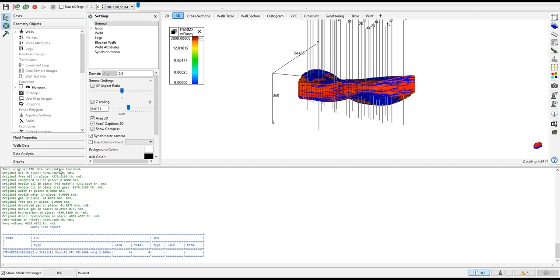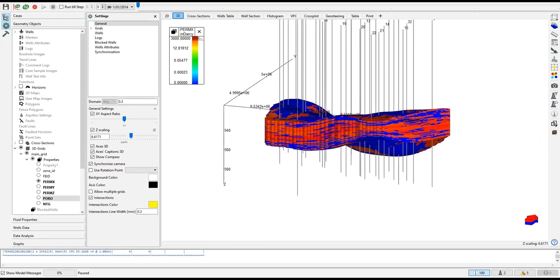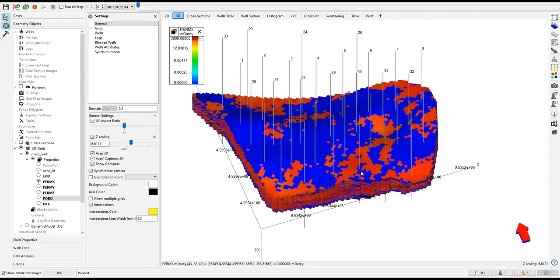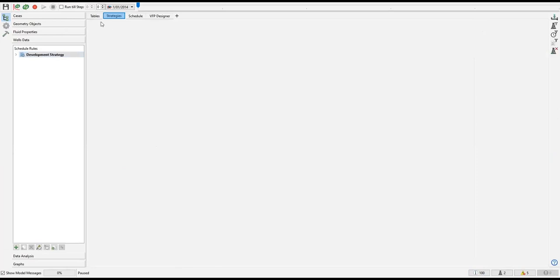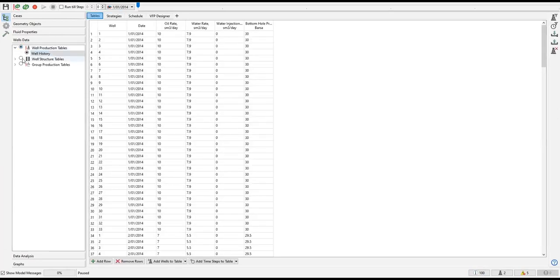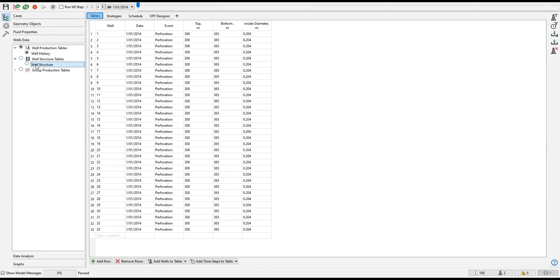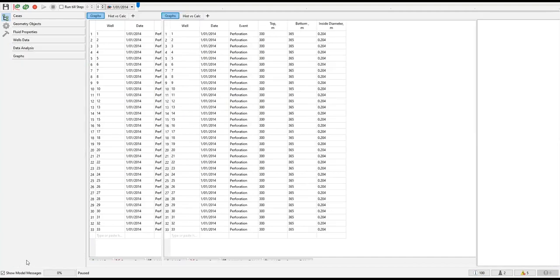We achieve the virgin condition, okay, before production. This is the initial condition, virgin condition, or equilibrium condition, okay, prior to any production or well test or injection. So now we are ready to perform history matching. As you can see in wells data, we already have production history and perforation history. Now we want to make sure that the model is right. So we perform history matching. Okay. But before that,